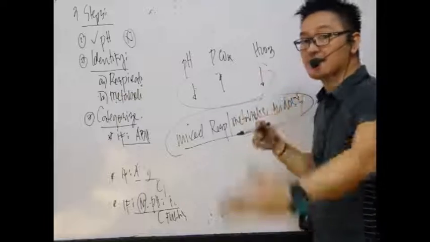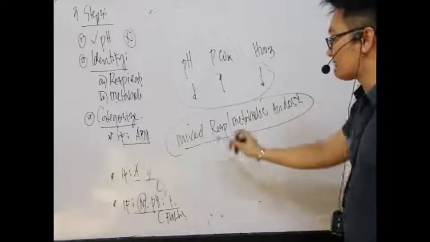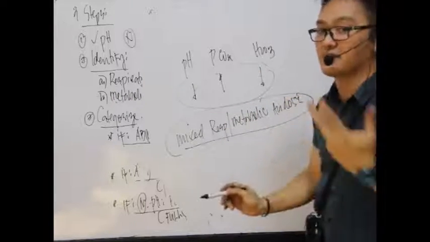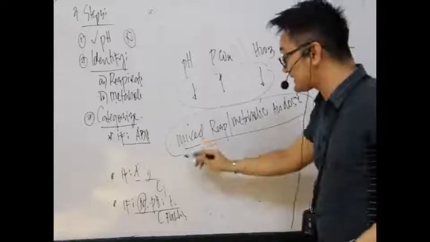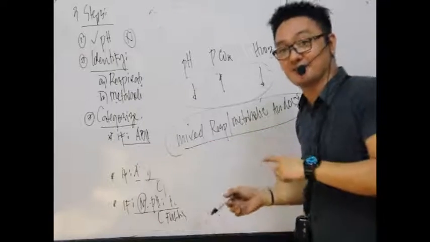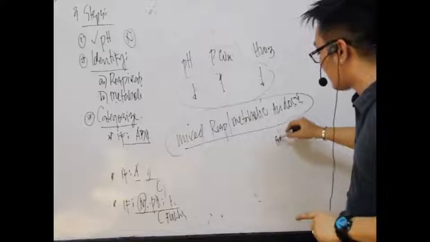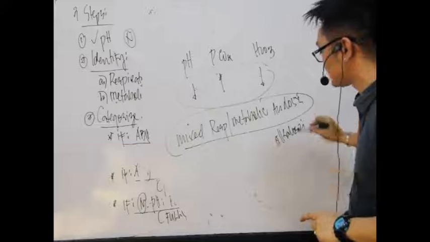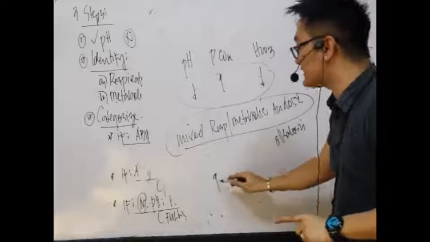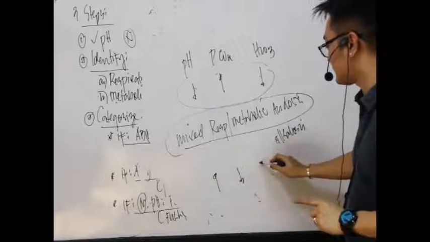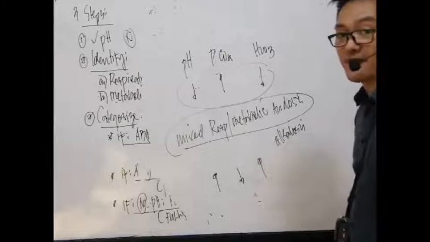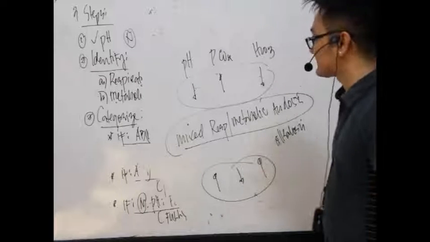So this is an advanced type of ABG analysis. So if you have mixed respiratory and metabolic acidosis, there is also mixed respiratory and metabolic alkalosis. Can you follow? So for this mixed respiratory and metabolic alkalosis, okay, it will be increased pH, decreased PCO2, and of course, increased bicarbonate. So this is your mixed respiratory metabolic